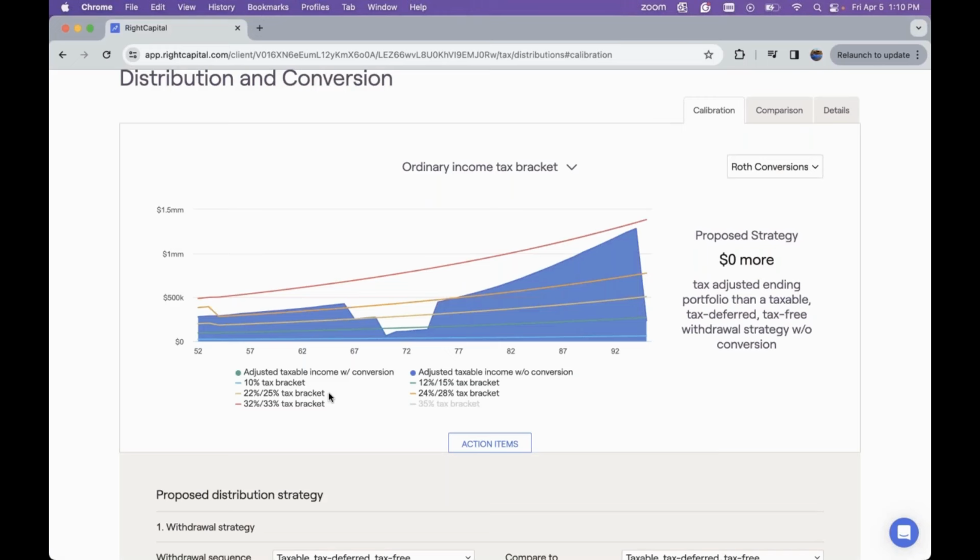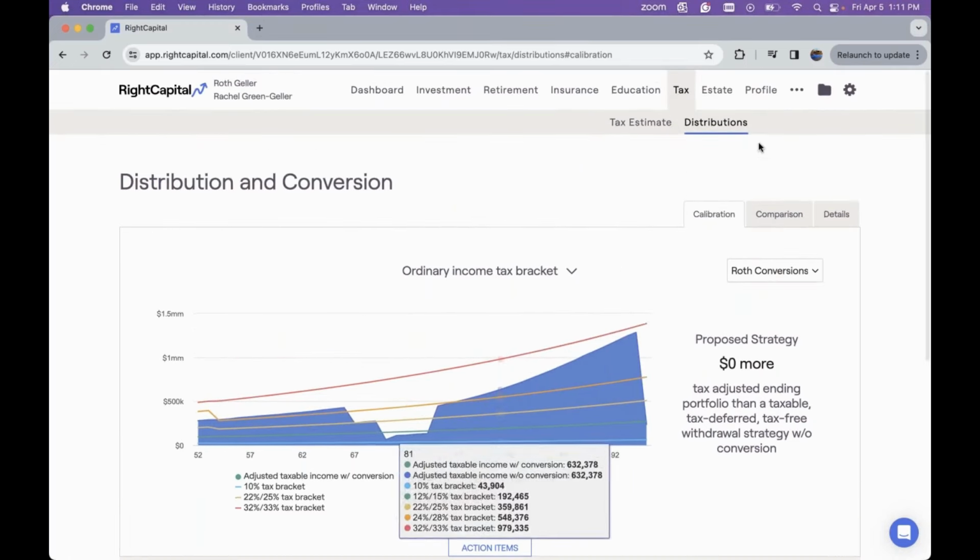And as we look at filling up tax brackets with Roth conversions, it's important to note that we are considering the 2026 TCJA sunset tax law. So what that means is currently we're looking at the 12%, 22, 24, and 32% tax brackets, but when TCJA sunsets, we'd then be going to the 15%, 25%, 28% and 33% tax brackets. So within this plan, we are considering that this is going to be sunsetting, but you do have the option